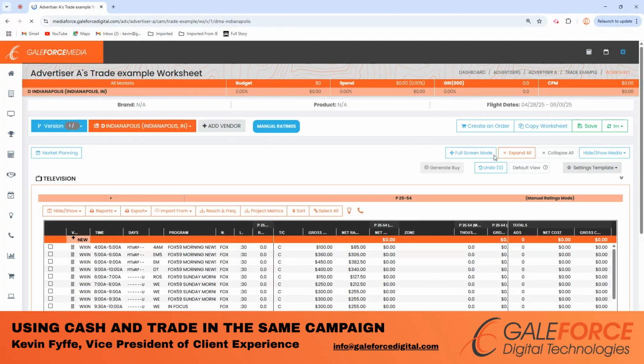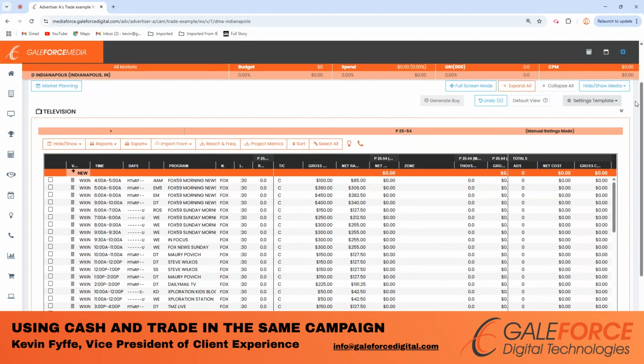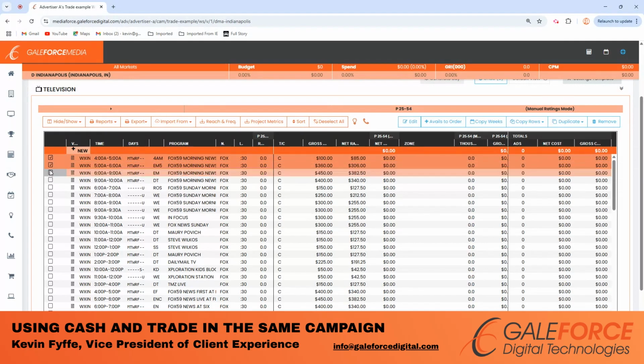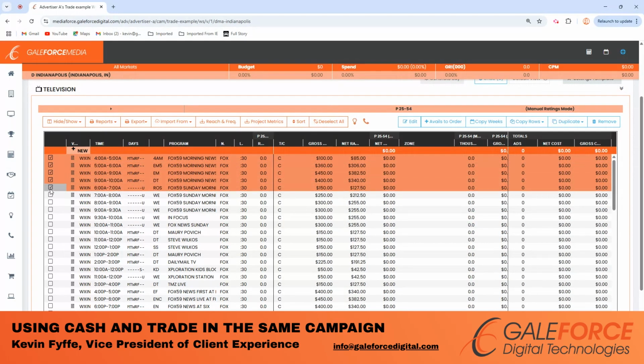So we're going to open up this worksheet here to give you an example. So you can see this new column that you're probably not used to seeing. Again, as I mentioned, it all defaults to cash. So you have the T/C. What I can do if I know, for example, that these particular lines are all going to be trade, I can come in here, I can either manually overwrite this from a C to a T,